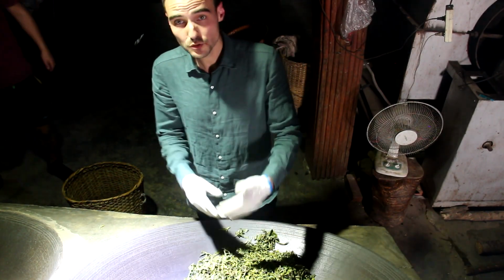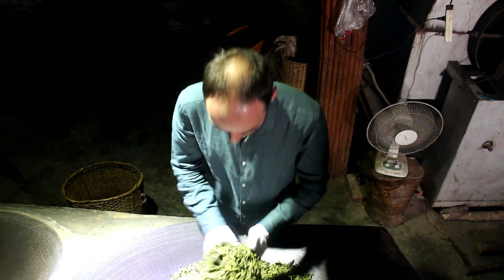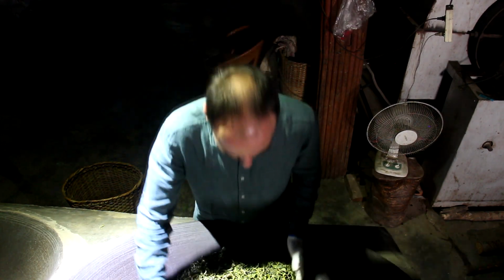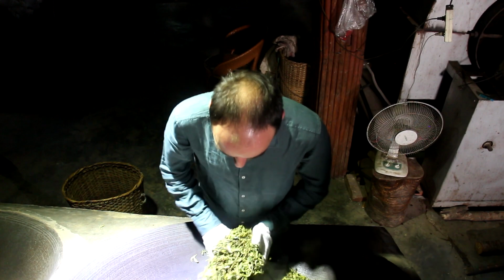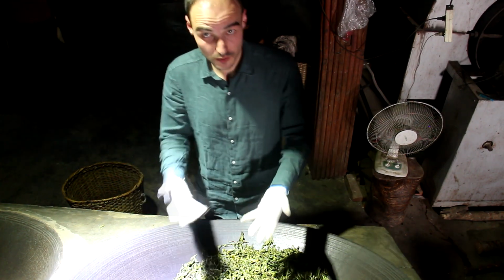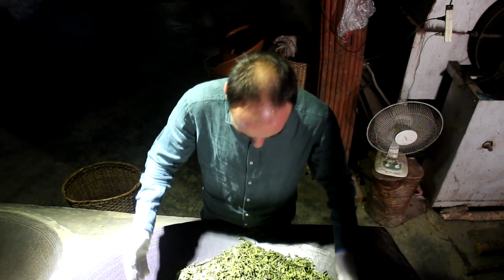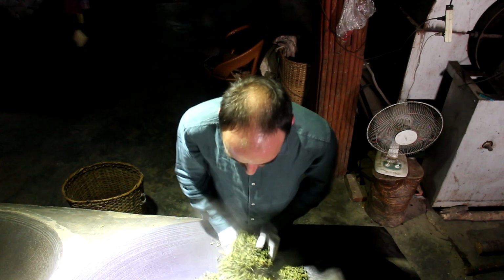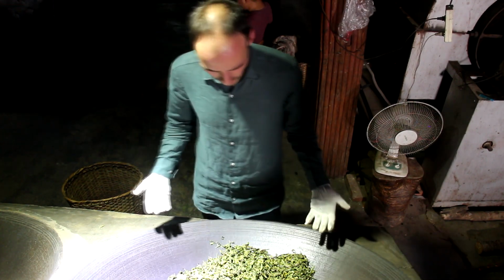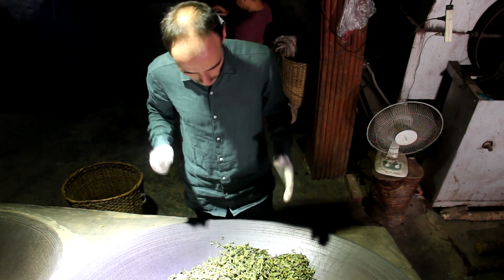The wok is still 200 degrees Celsius hot. If you leave them for 15 seconds, eventually for sure you will have burnt leaves, and you will smell that in the air very quickly, just like when you let the dishes burn in your pot. So that's why I shuffle the leaves. And of course I still want to let some steam out, because